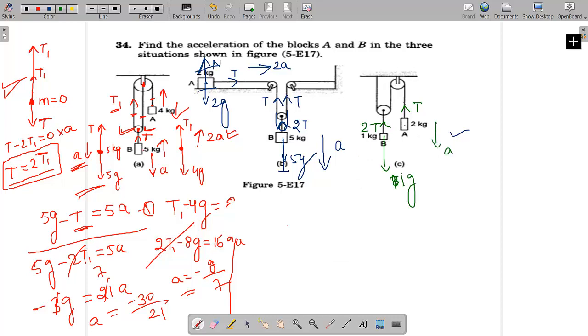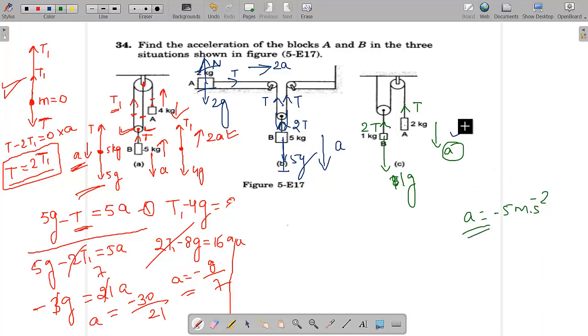That depends on you. You can take any direction, and you have to solve it and get the answer whether which one is going up. We don't know. After solving only we will come to know. Yeah, the minus sign will indicate that whatever we have assumed is actually in the opposite direction. Understood, no? If let's say you assumed A in downward direction and A got a negative value, let's say 5 meter per second square, that means